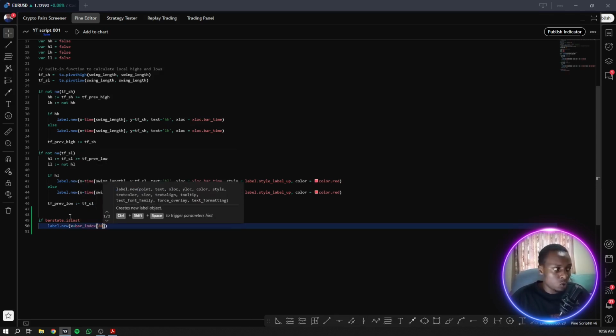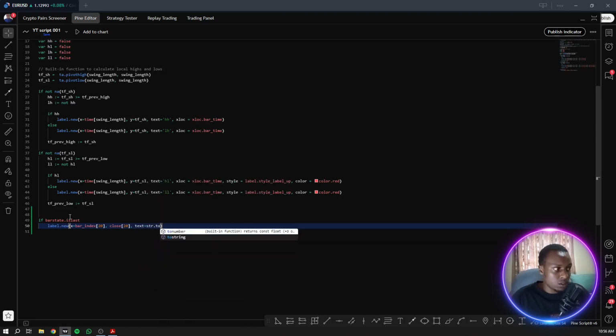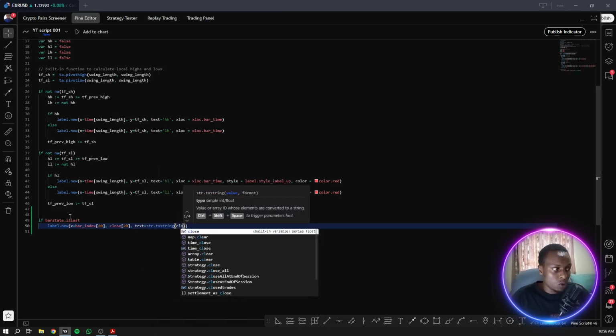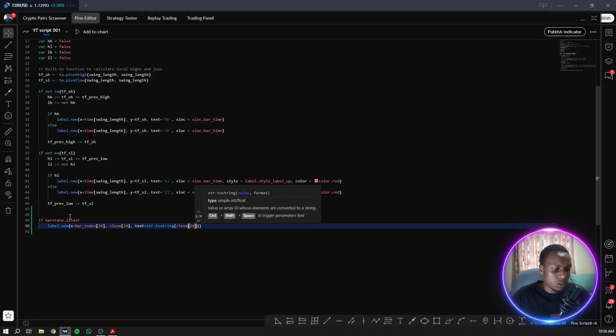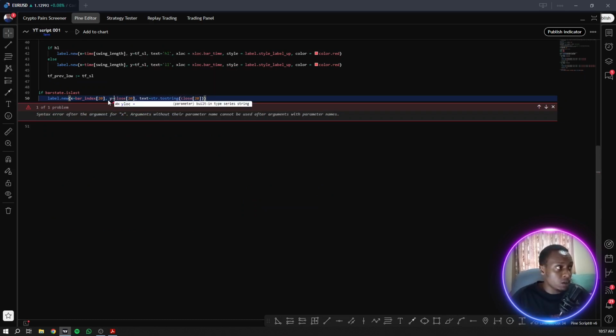Let's do 20, and close. Let's also do 20, and then let's add a text to help us see it better. Text to string, and let's do close 20. And let me just save this and show you what it means to use this built-in variables